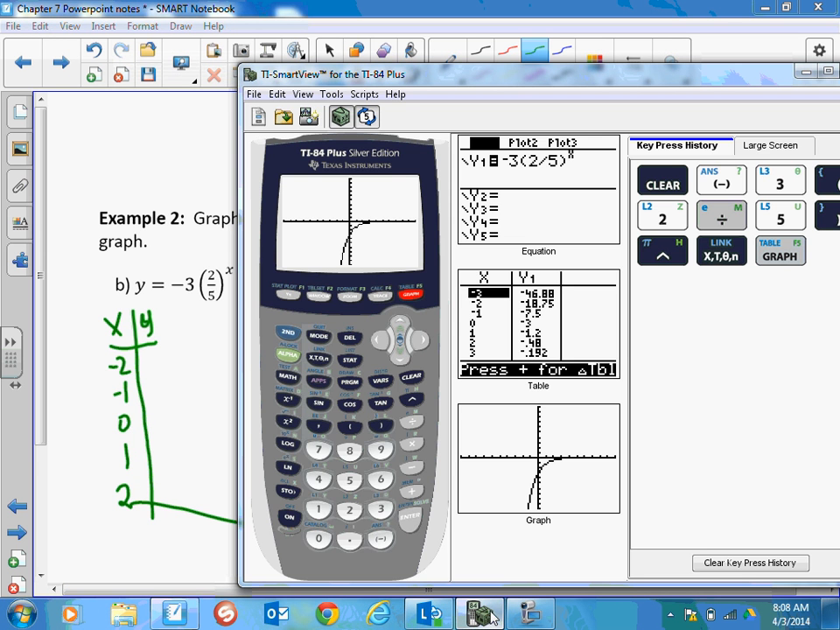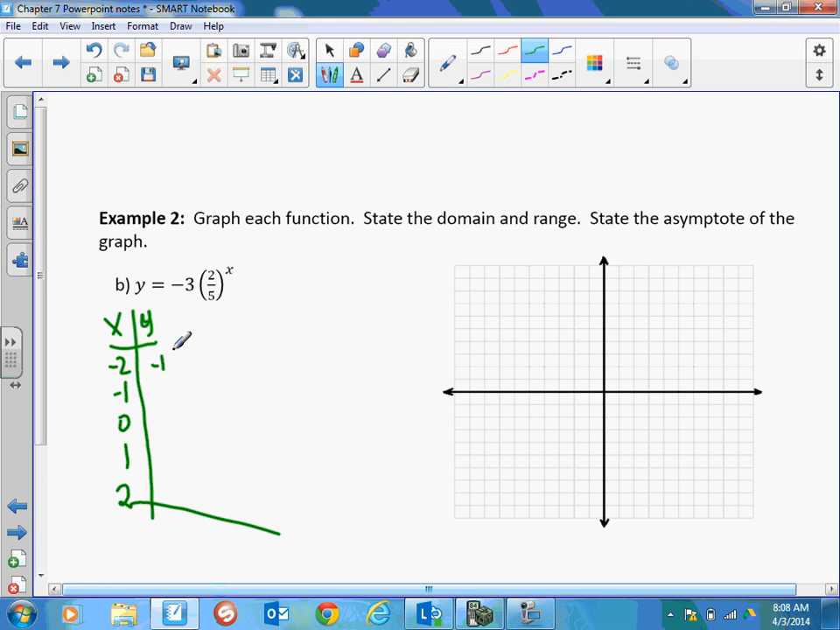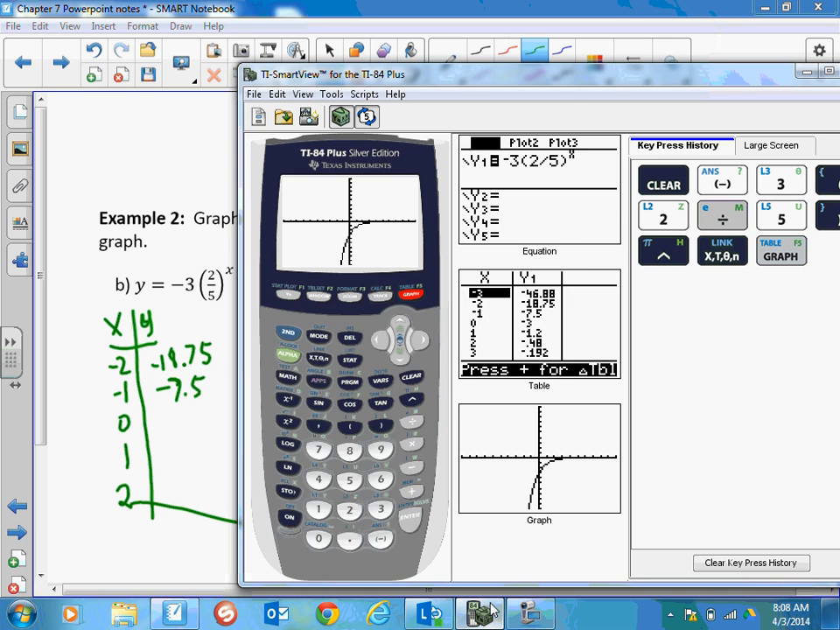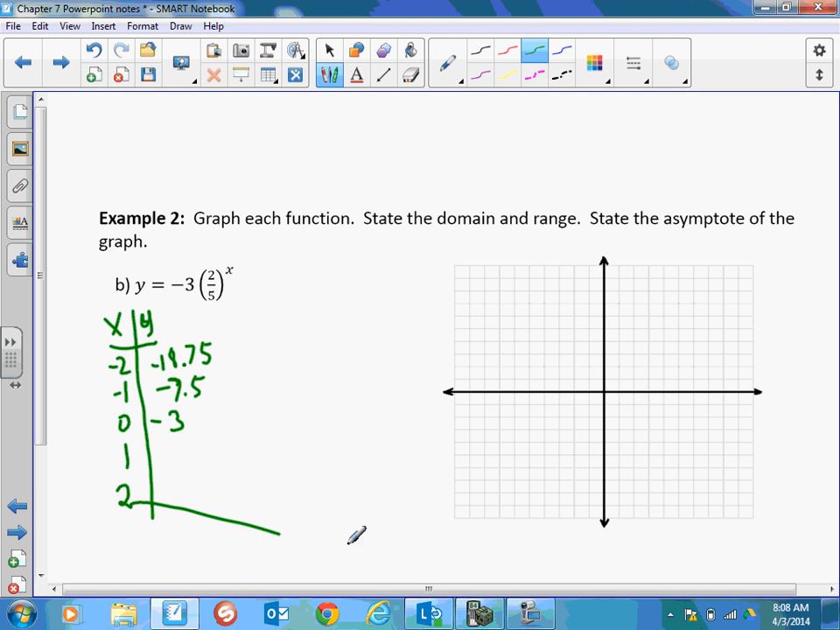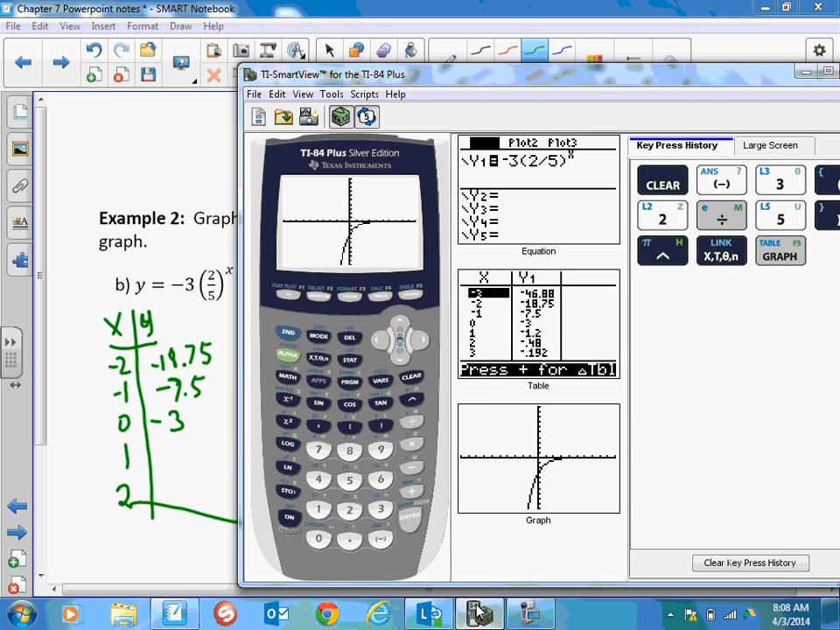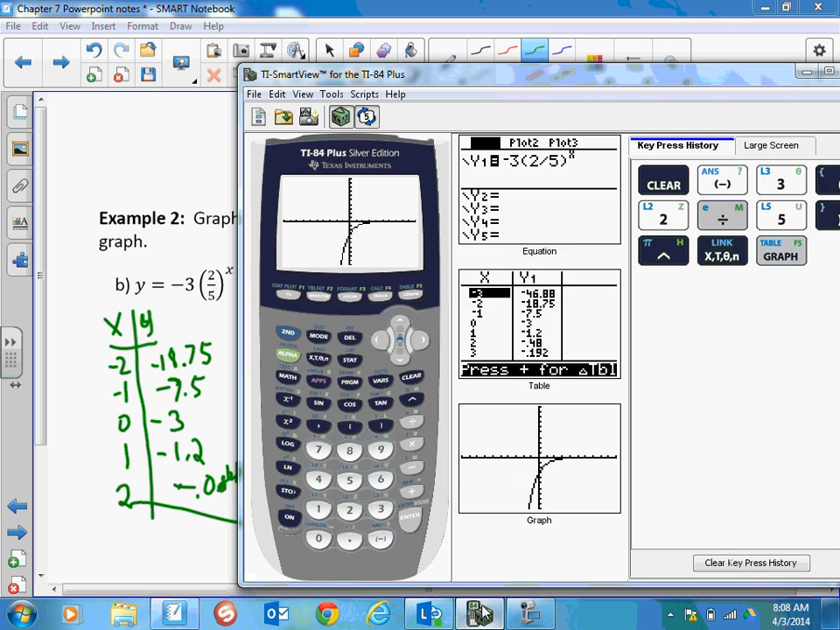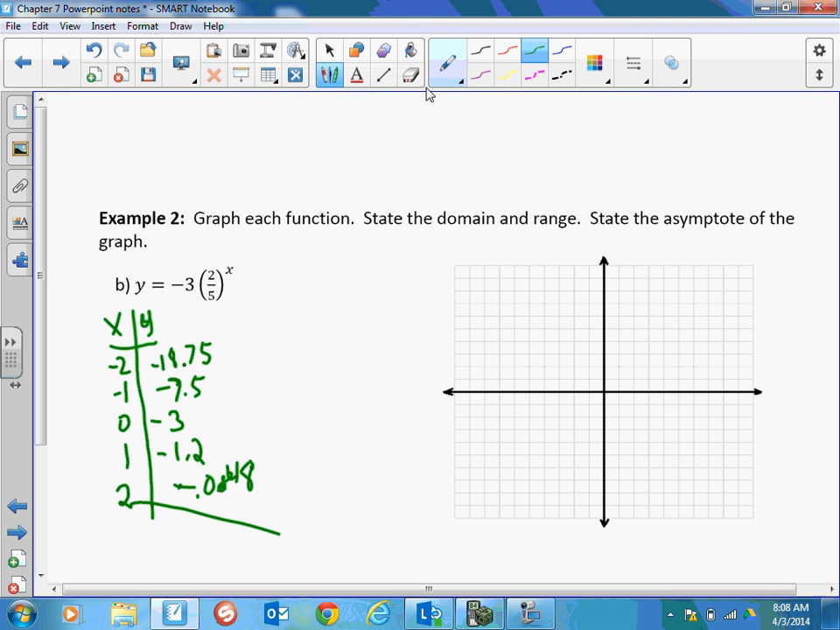So for -2, we had -18.75, -7.5, -3, -1.2, and -0.48. So -18.75, -7.5, oops, -3. What was the other ones? -1.2 and -0.48. Okay, so this one would probably be better to use the graphing calculator for, because none of those are